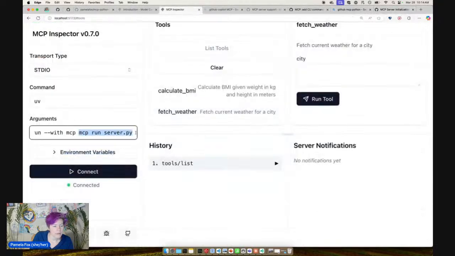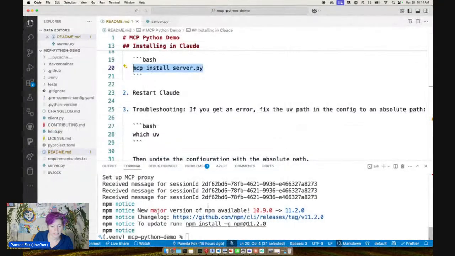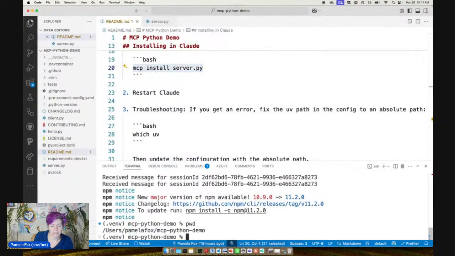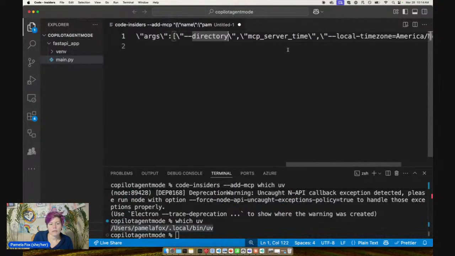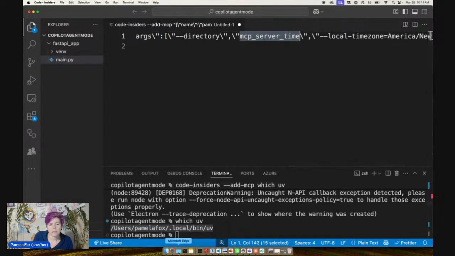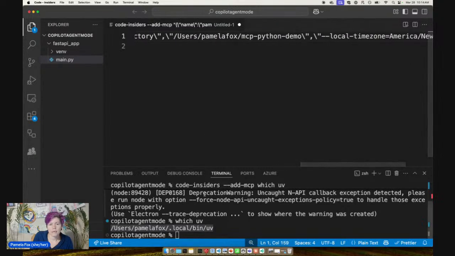Is it in my, oh, it's like in here. Okay, so we need to do probably where our folder is. So just pwd. Okay, so here's our folder. Directory. There. Okay, and then